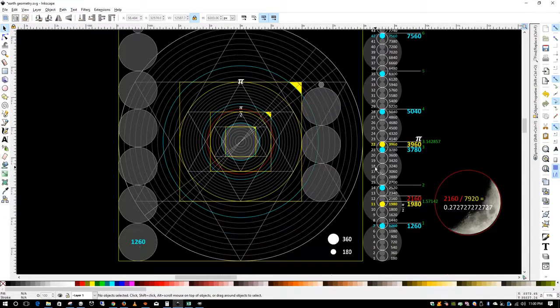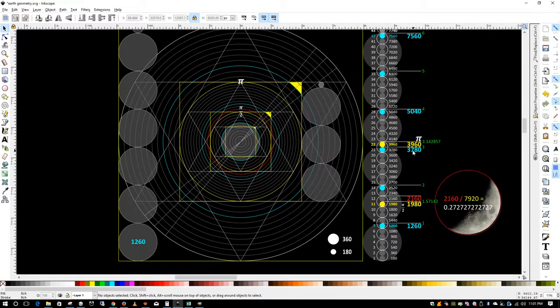So if we come over here and take a look, 1260 represents our smallest blue circle right here. And what's underneath that isn't actually there, but we see that, let's see, 1980, which is this right here,